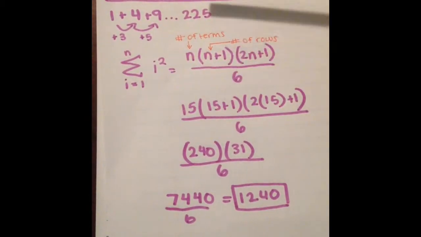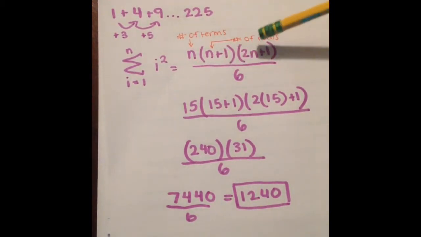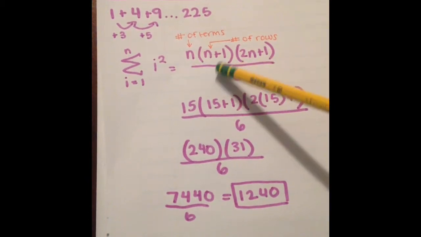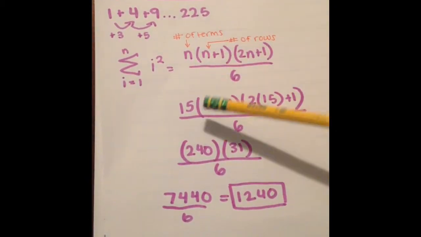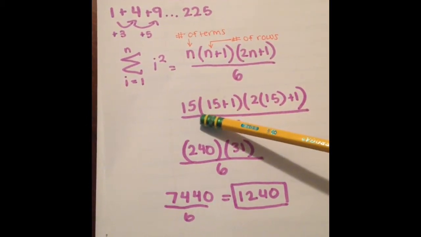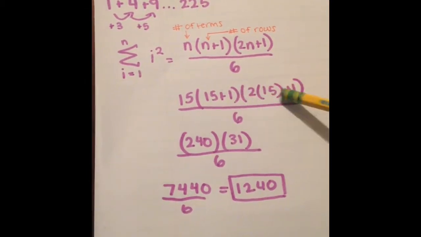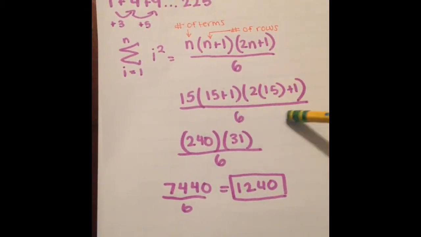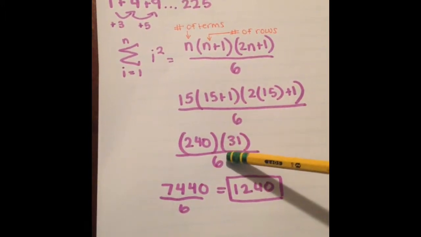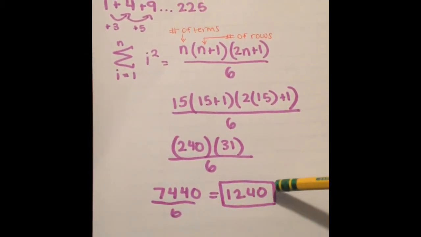And so here we have the formula for the sum of squares, n times (n plus 1) times (2n plus 1) over 6. This n is the number of terms, the number of rows. So we just add it in. The number of rows for our problem is going to be 15. And then we have 15 plus 1, it's the same number of rows actually, and then divided by 6. And then 240 times 31 divided by 6, which will be 7,440 divided by 6, which is